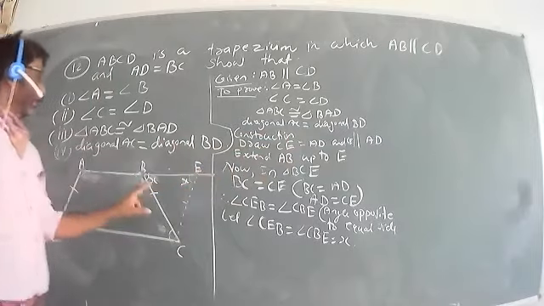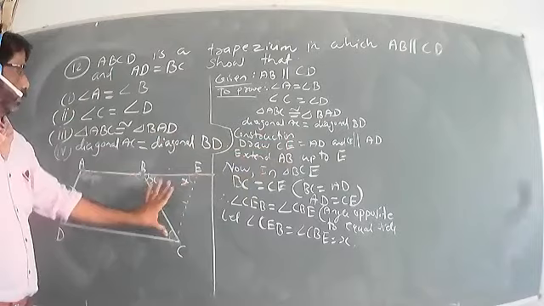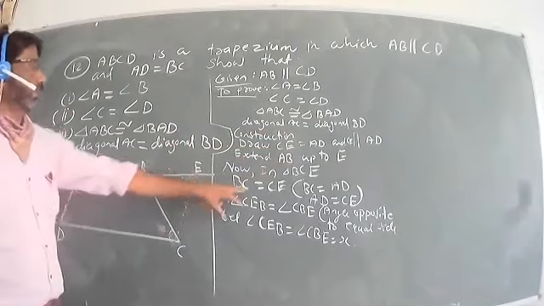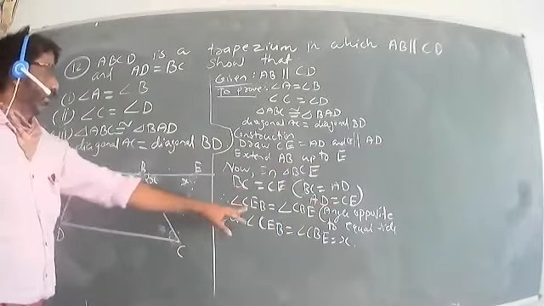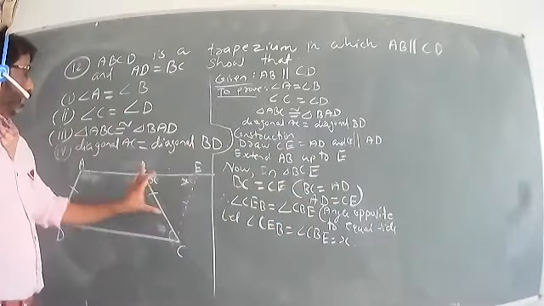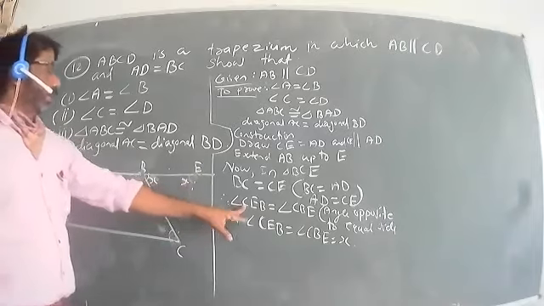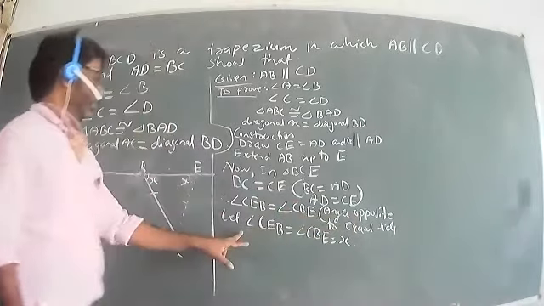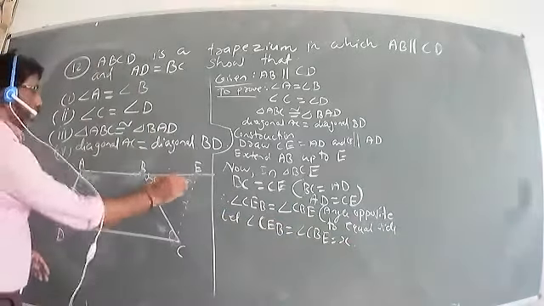So now in triangle BCE, BC is equal to CE because AD and CE are equal. So BC equal to CE because BC equal to AD and AD is equal to CE. Therefore, if two sides are equal, it is an isosceles triangle. So these two angles are equal. Angle CEB equal to angle CBE, angle opposite to equal sides. So let CEB and CBE be x. These two are x we have.